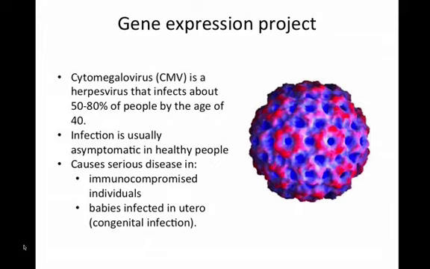So the topic is CMV, cytomegalovirus. It's a virus that we're all infected with. We're all fine, but it's really a big problem if you're immunocompromised or if you get infected when you're pregnant and your baby gets infected. That's really bad. It's called congenital infection. It's a problem because there's no significant way to treat congenital infection, and so these babies that are born with this, it's bad news.